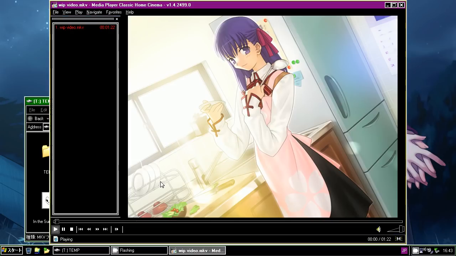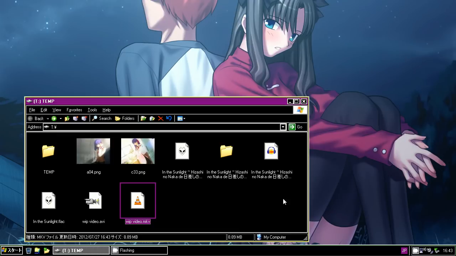Here we go. Alright, picture works, and the audio works. So now from there, we can just upload that to YouTube. This MKV file. And they'll accept it. They can read the Cam Studio lossless codec. It's awesome. And they can read FLAC. All in an MKV container. So that's pretty much it. It's not really that hard.